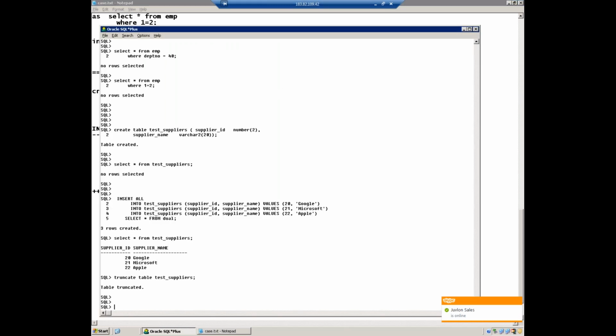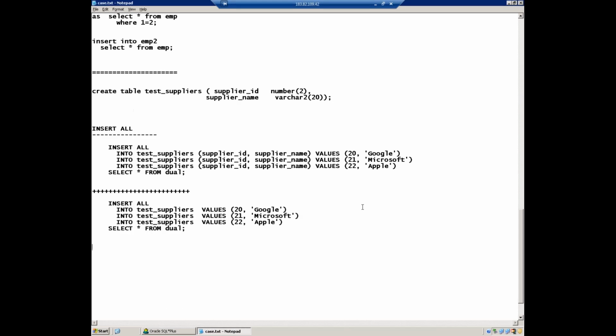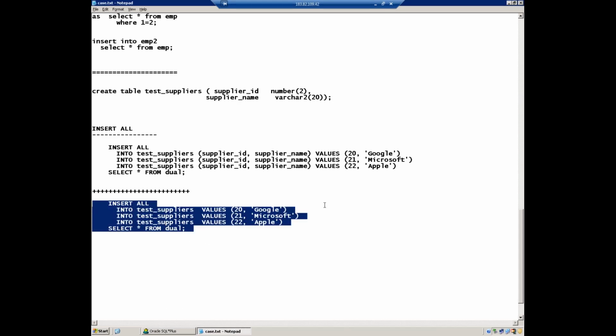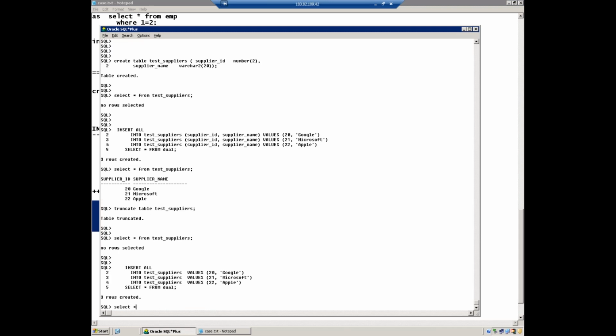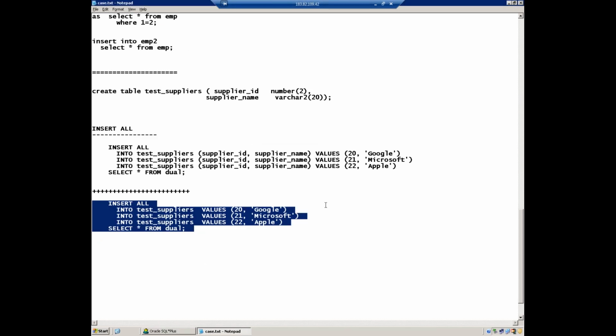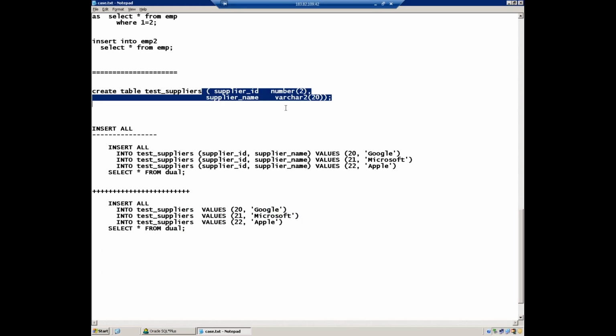It has been executed. Right. So here, where the table is having 5 columns, you want to insert into 2 columns. In that case, you should mention the column names. So that's how you, Sunil, can use insert all commands.